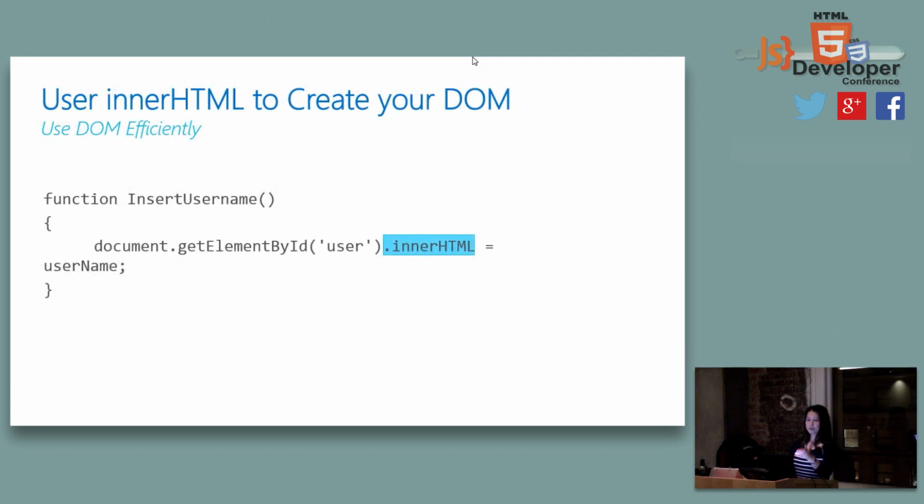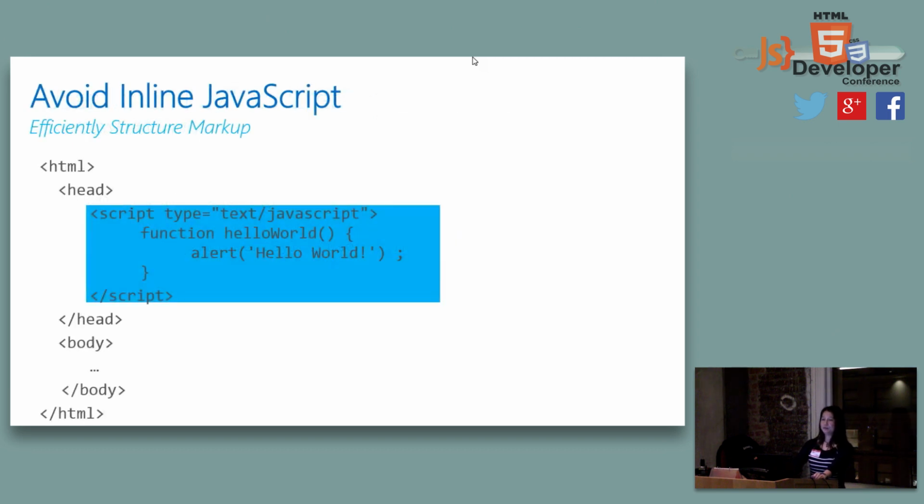Okay, some of the people say, what is innerHTML? Just a little review for you, things like that. document.getElementById. In innerHTML, you could just directly assign your username onto it. It's a very simple way, but you could still use it. It's still very fast. This is something to do with inline JavaScript. You probably don't want to do inline JavaScript in the header. Why is that?